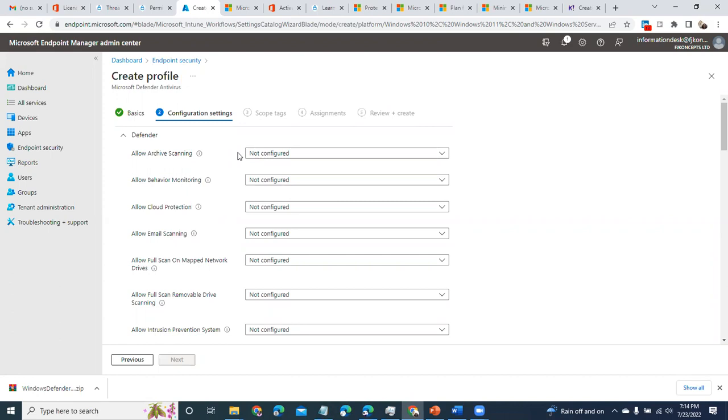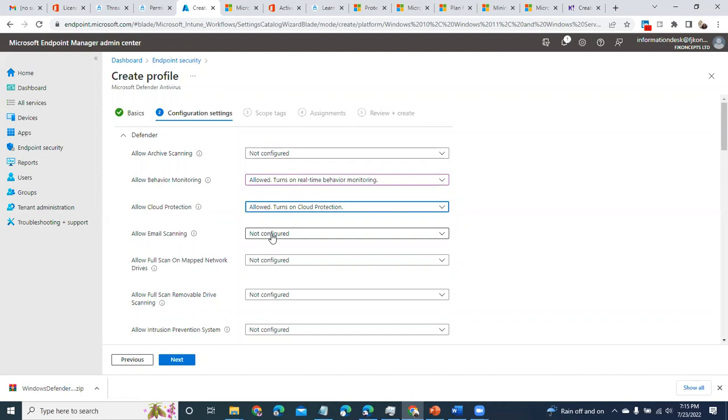I'm going to put a disclaimer there because I'm not in that environment where you want to use it, but 100% of the time, those baselines work because they've been tested to provide at least optimal security when you use them that way. Allow archiving: in some instances, you might not want to scan an archive. Behavioral monitoring definitely. This is what turns on real-time protection, cloud protection, definitely, and email scanning, plus or minus. You might not necessarily want to do this, especially if you have the Defender for Office 365. You might want to allow the Defender for Office 365 to worry about email scanning.